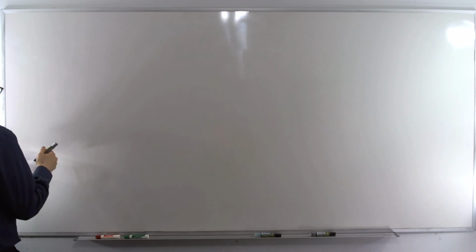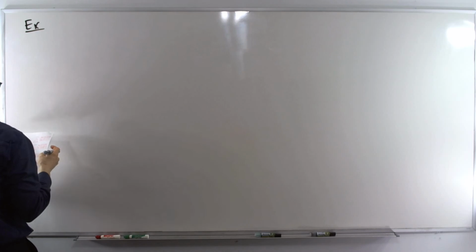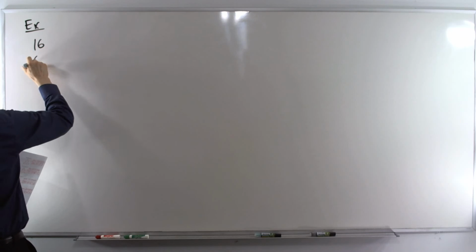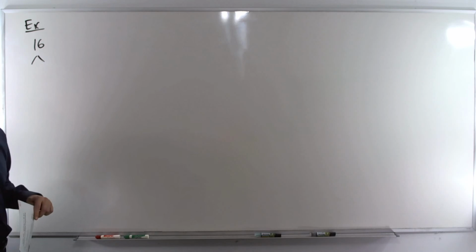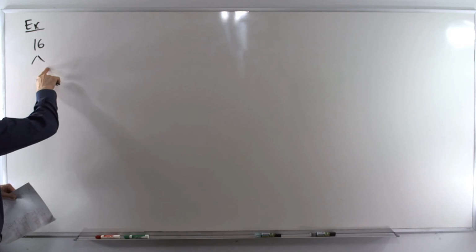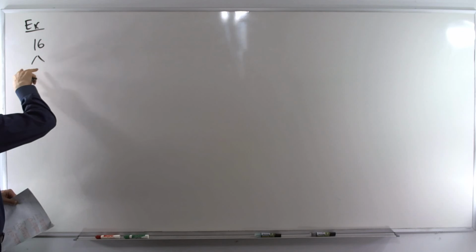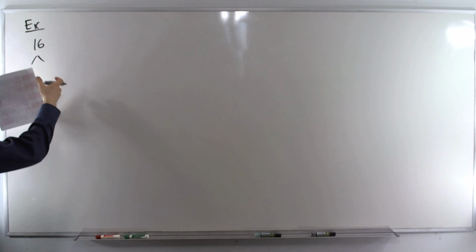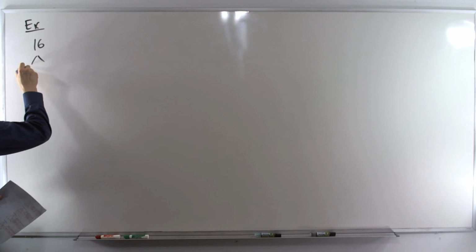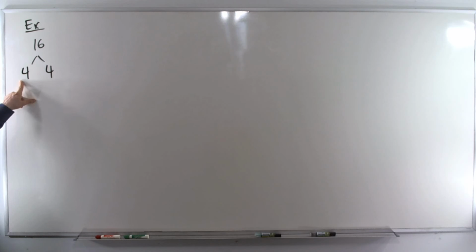Next up, we're going to do 16. Now with these, I like to make tree structures that are kind of symmetric. You could do 2 times 8, then you have to break up 8 into 4 times 2, and then 4 into 2 times 2. So you're going to get 1, 2 here, and then one that kind of goes off like that. If you want to avoid having a big tail on one of these, try to come up with numbers that are kind